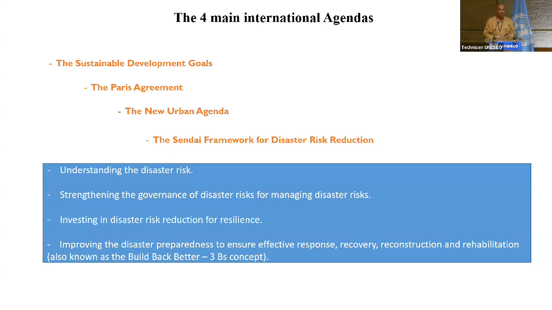So we all know the importance of these international agendas, these 4 international agendas, more precisely, the Sustainable Development Goals, the Paris Agreement, and the New Urban Agenda. Of course, many issues in the Paris Agreement, for example, are considered in the Sustainable Development Goals, and the urban agenda also captures many interesting, important things